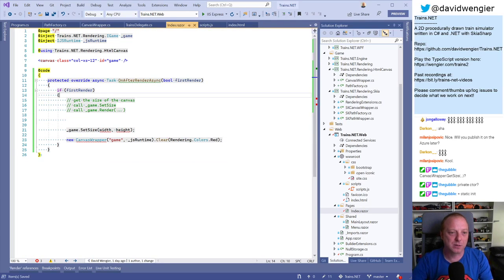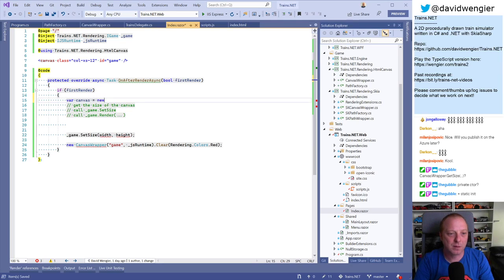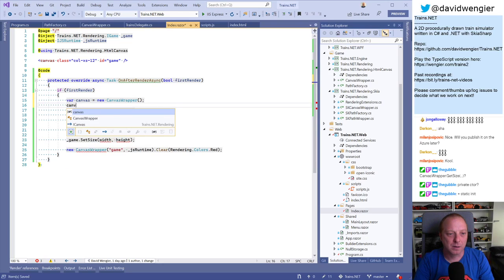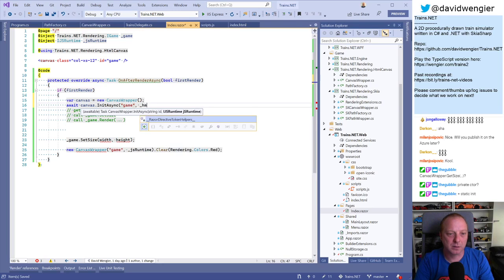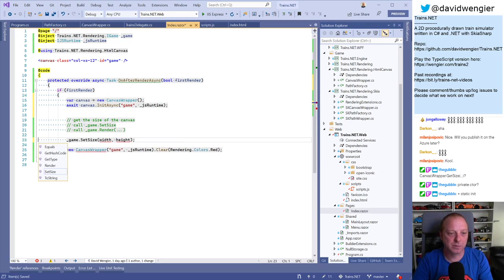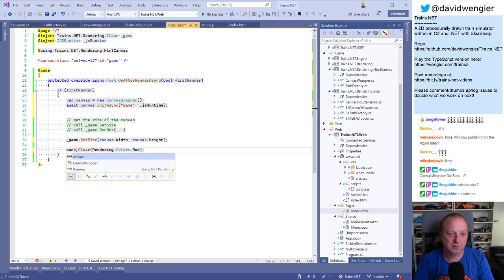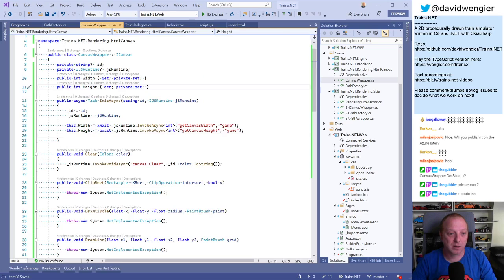So, okay, so here's what we want to do. We have a new canvas wrapper. We canvas.init, we await it, game, and JS runtime. Okay, so now we go set, we've already got it, set size to canvas width and canvas height. Now that set size though, I have to work out how to respond to resizing things. But that's kind of cool. And then,